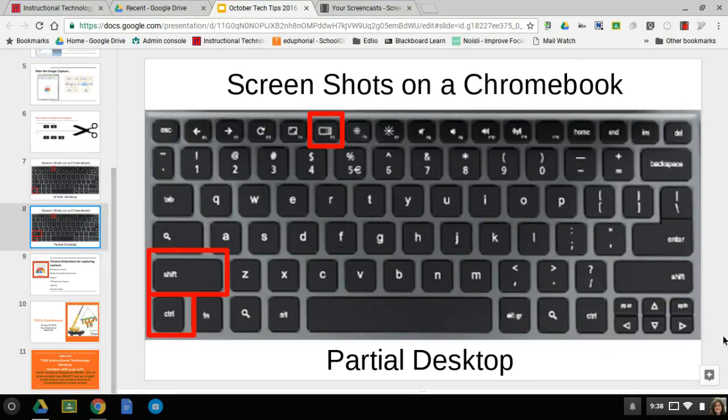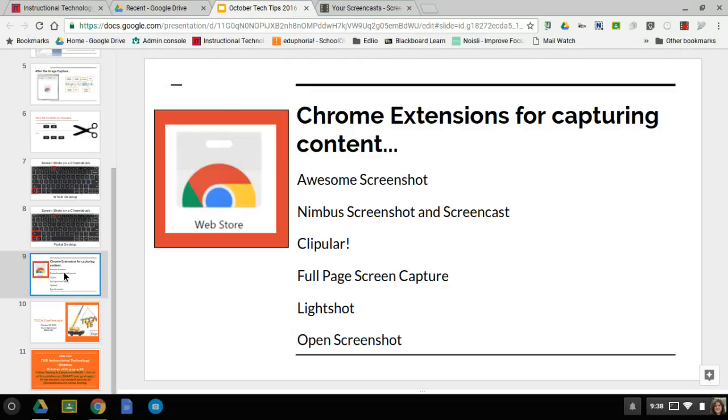Okay, so that's another option when you're on a Chromebook, ways that you can take a screenshot using the tools that are available on that device. Now, there are some extensions that you can use that sit up here in the top right-hand corner of your screen when you have all your extensions up here, these little utilities that work for you. If you go to the Chrome Web Store and you just type in screenshot, these are some of the things that you'll get, extensions that you can add that will work on your desktop when you have Chrome open and